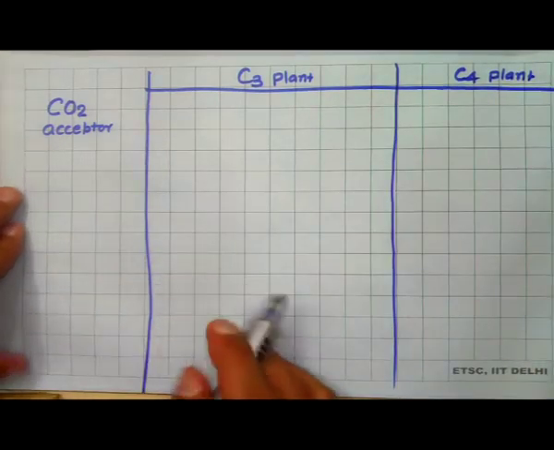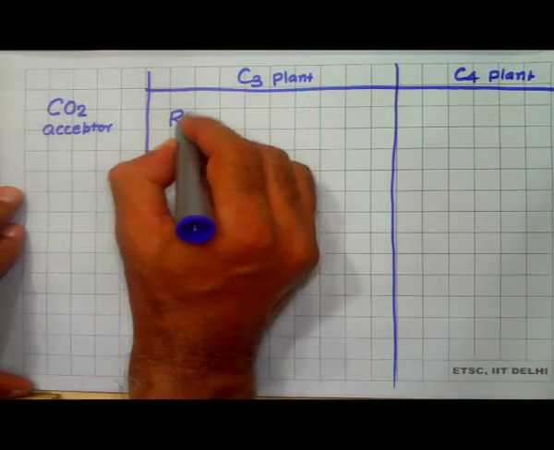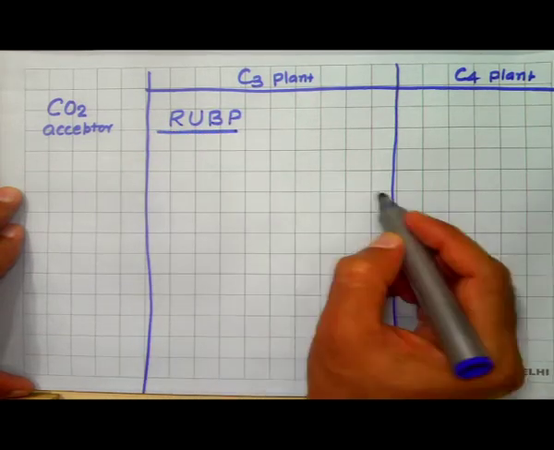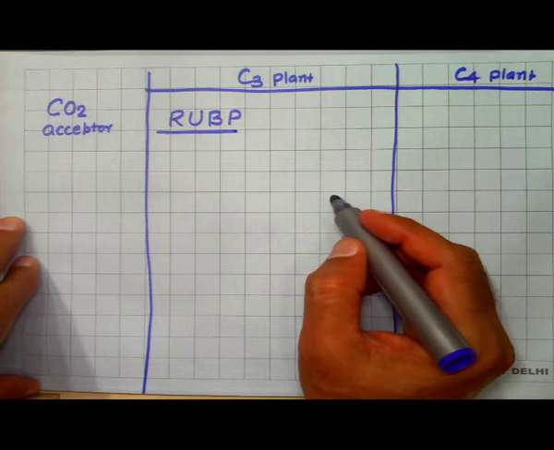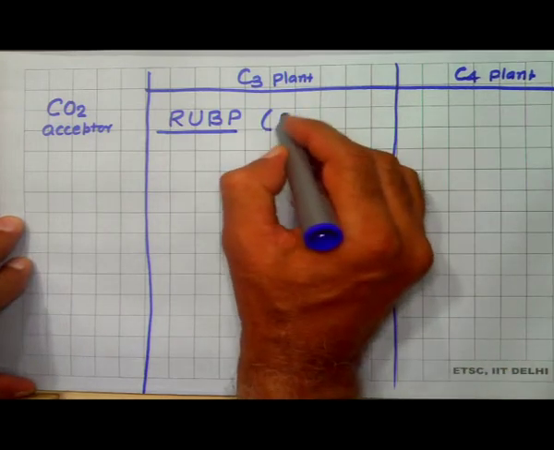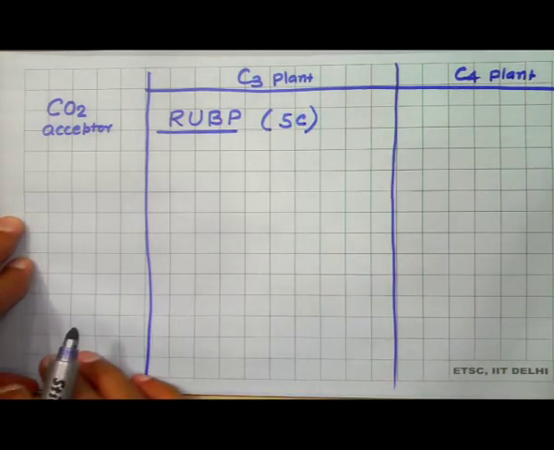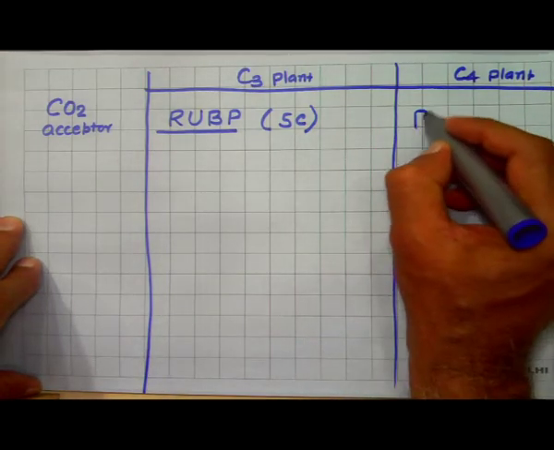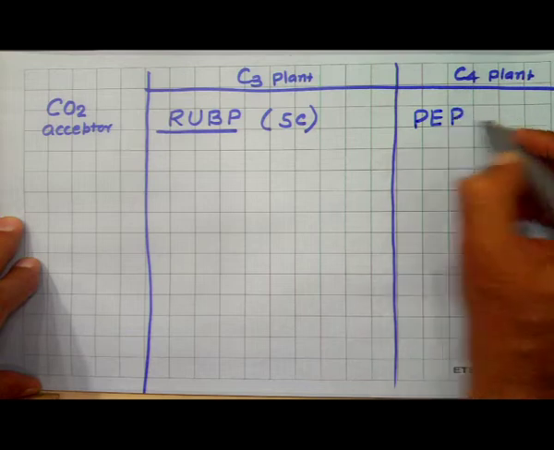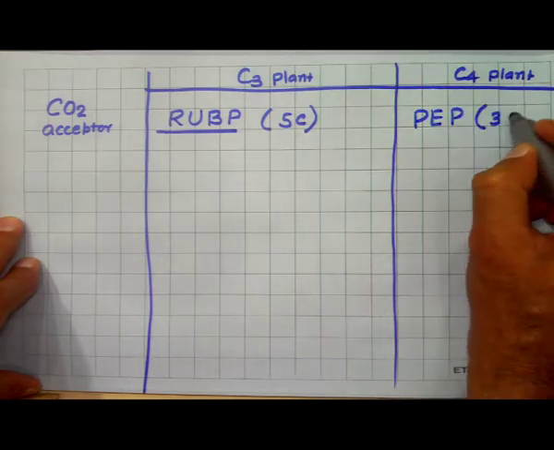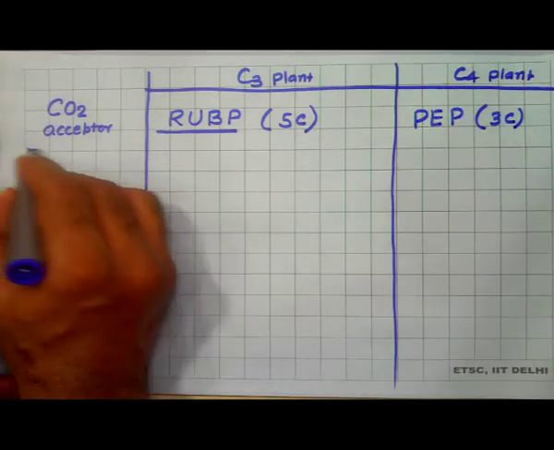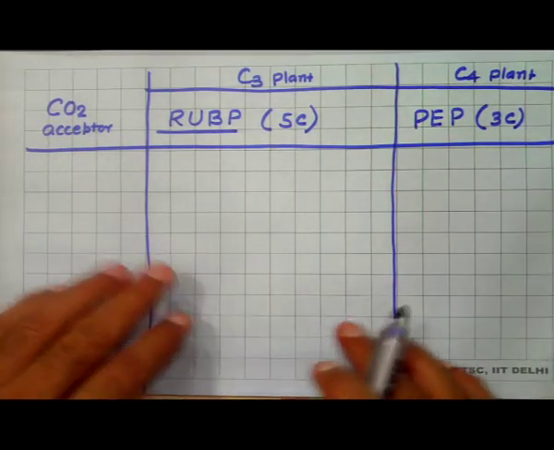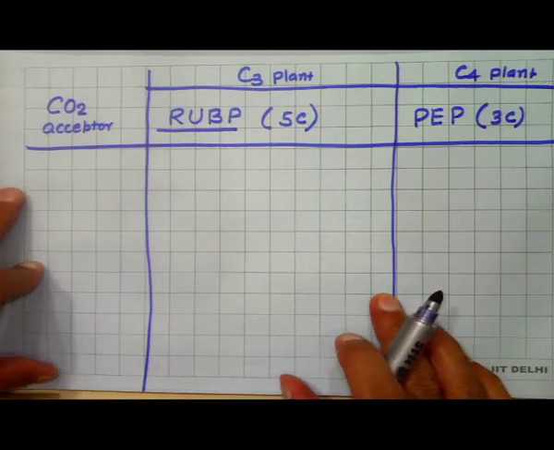In C3 the CO2 acceptor is RuBP, ribulose 1,5-bisphosphate, which is a 5 carbon compound, but in case of C4 it is PEP, phosphoenol pyruvate, which is a 3 carbon compound. So, this one is the basic difference between C3 and C4 plants in acceptance of the carbon